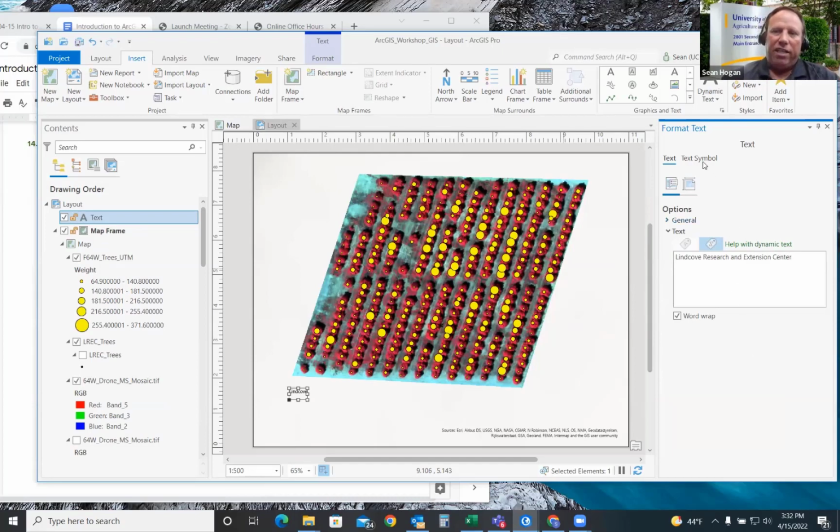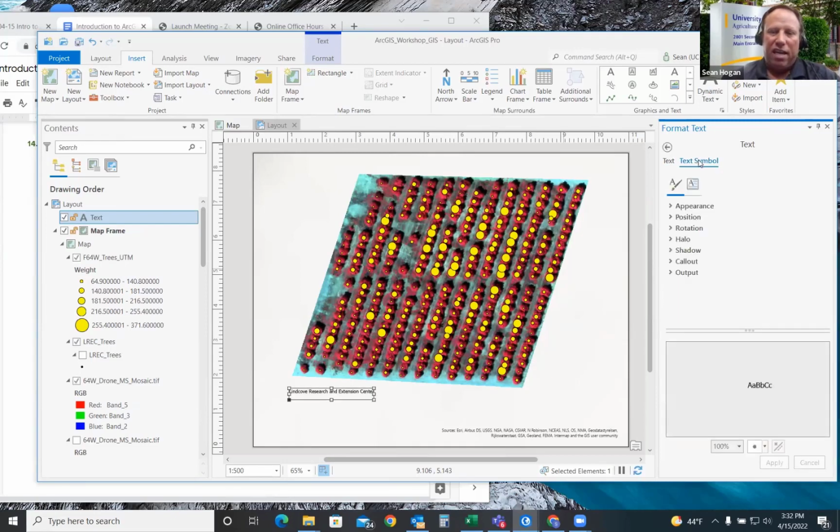And then I want to change the text symbol. That came in fine. I'm going to go up to symbol and click here. You can see it automatically updated on the map when I switch to the other tab. So under the text pane, I switch to text symbol, and I'm going to go to appearance. This is where we can change the size and the text font.